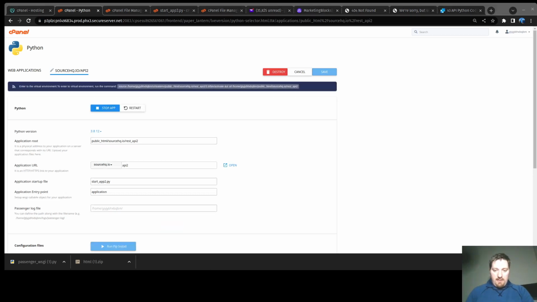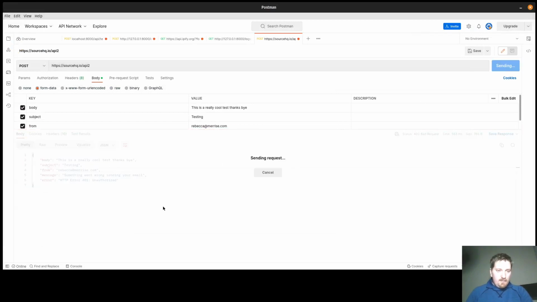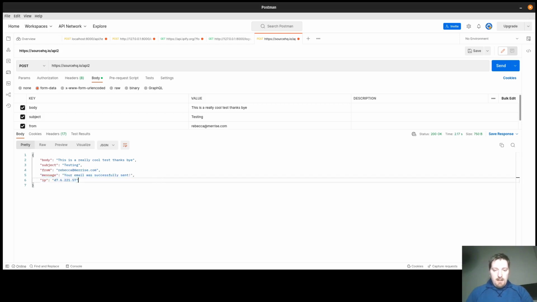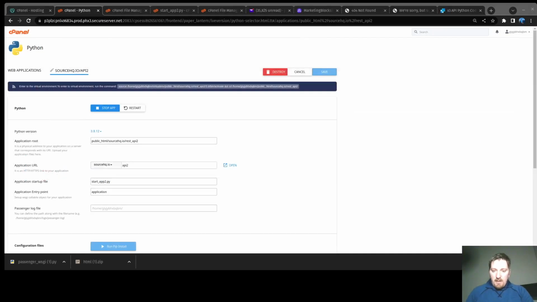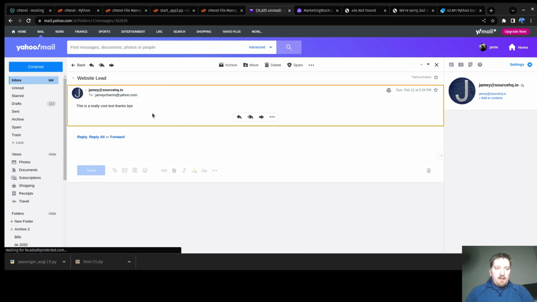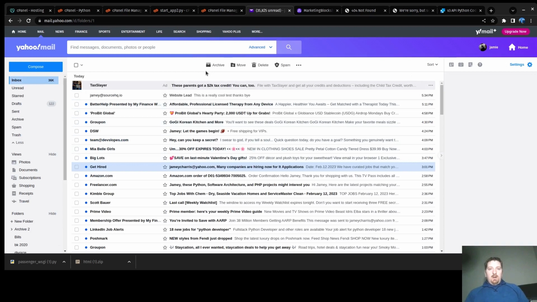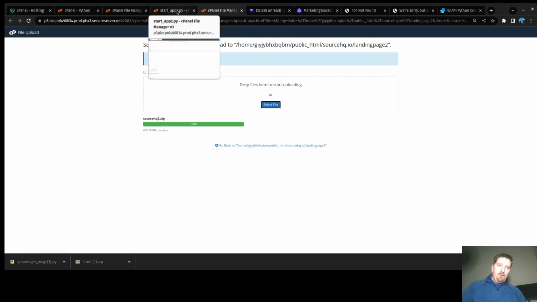And now let's switch on over here to Postman, and we're going to test that out and see if we can send an email. Okay, this time we get our message that it was successfully sent. All right, we're going to verify that in our email. So we hop over here to our email. We can see that we got a new email. This is a really cool test. Thanks, bye. Perfect. Okay, so everything's wired up for our back end, and now we're going to switch on over